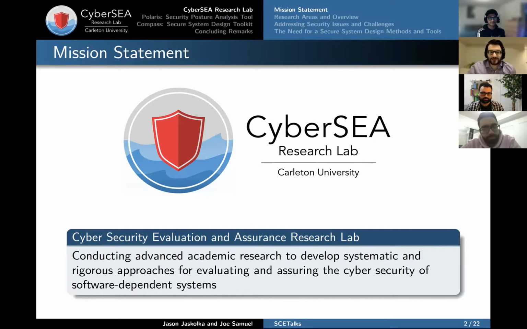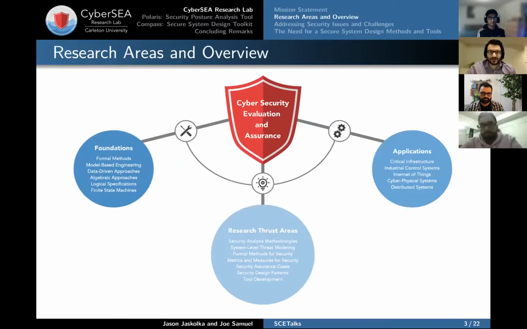So what we do in the lab is we have a number of different research thrust areas, everything from doing various methodologies for conducting security analyses of systems, to threat modeling, which is about finding what are your valuable assets, what are the threats that would affect those assets, and how do we protect our assets against those threats.